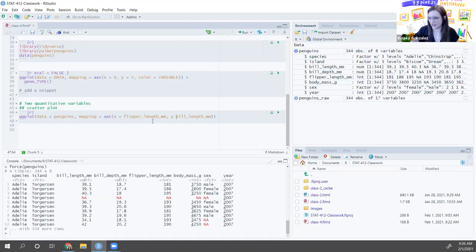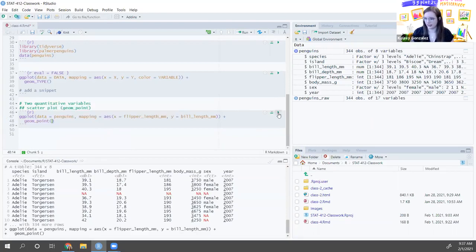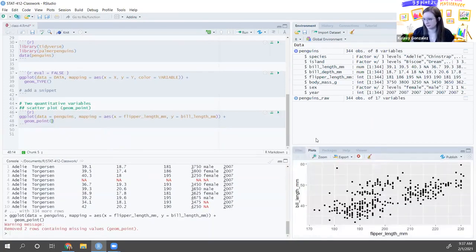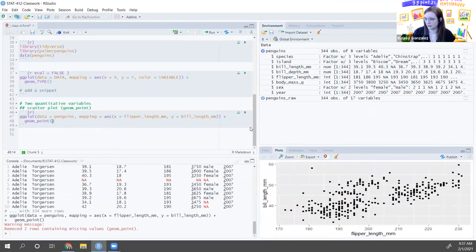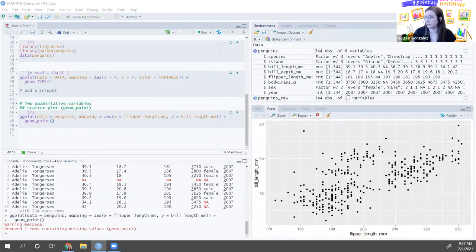And you'll see there, I didn't actually write Y equals, so I should write Y equals bill length. And then finally, I'm going to do a geom point. So what these geoms are is what type of plot I'm doing. So after the plus sign, I'm going to write geom underscore point parentheses. And let me run that. And you'll see in my plotting window, which is on the bottom right, I just built a very basic but